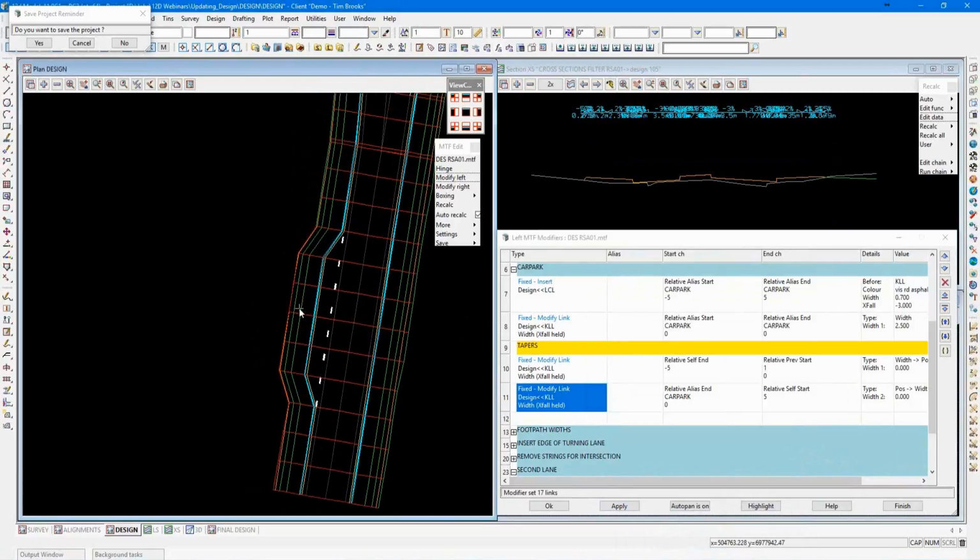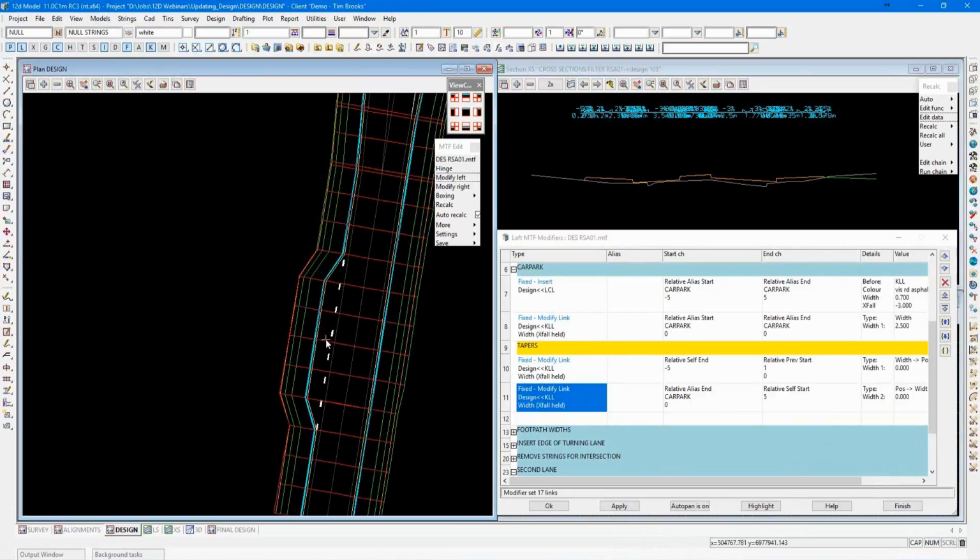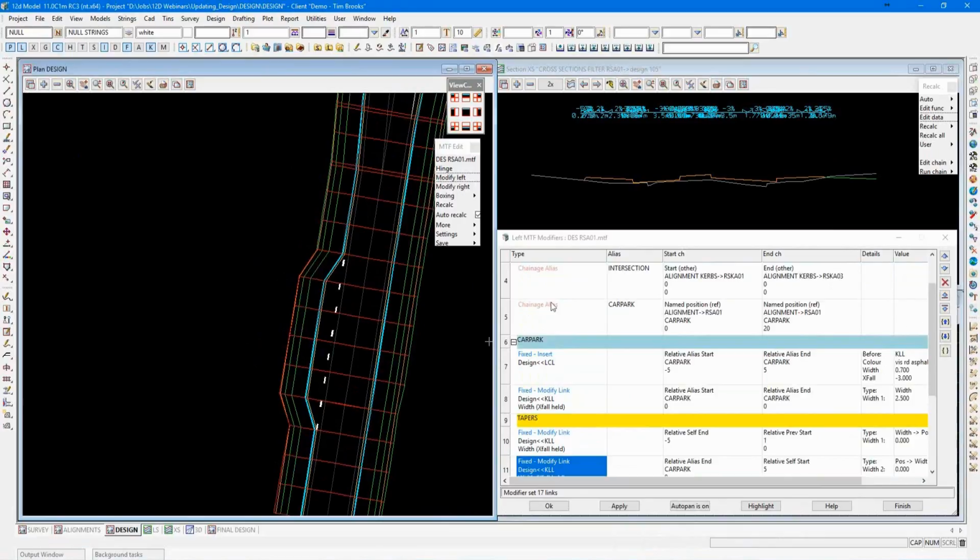Now that's not a lot different to just using a fixed chainage value. So why use the smart chainages? Well, it comes when you have to update these things. For example, if I wish to lengthen this car park bay, all I have to do is come back up to the alias